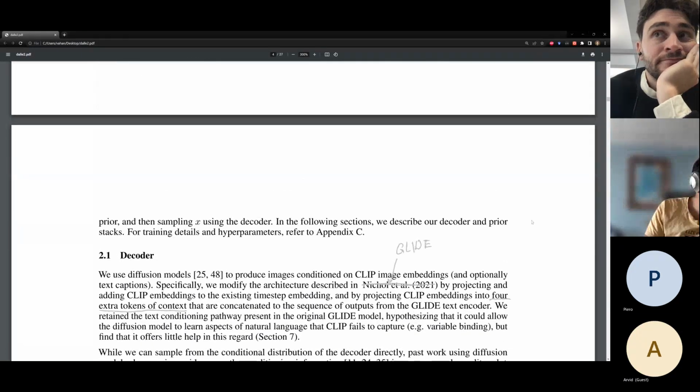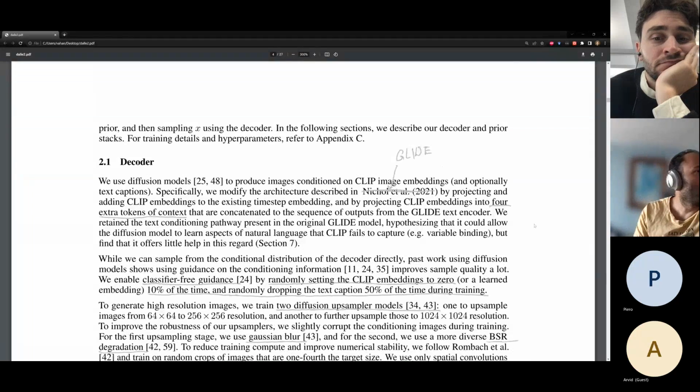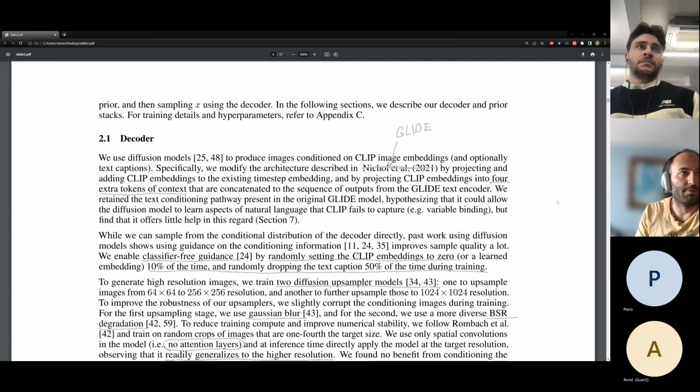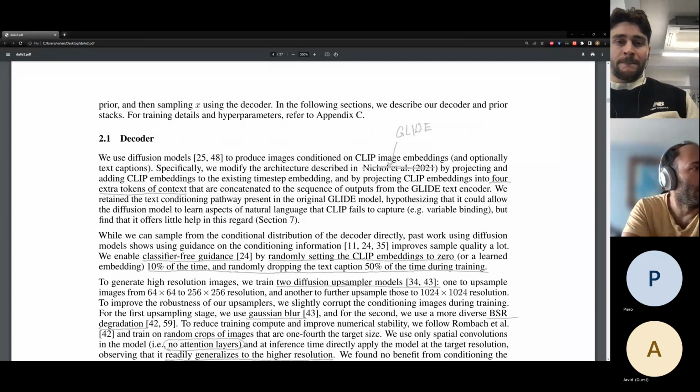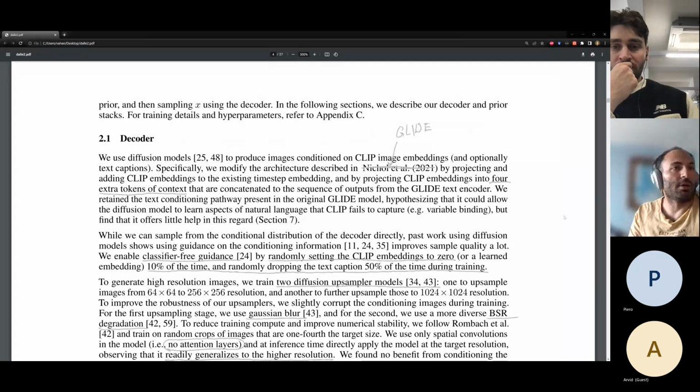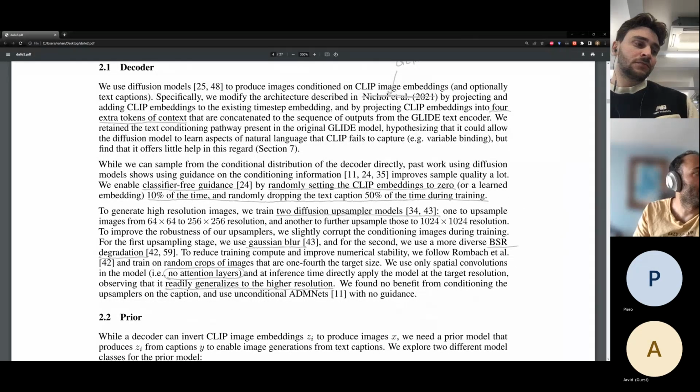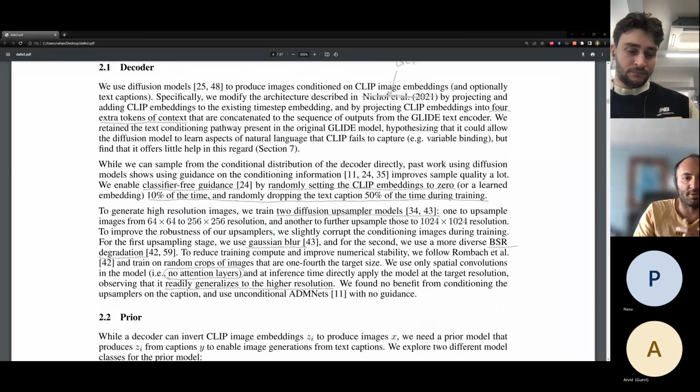Okay, the decoder part. It's mostly based on the decoder described in the GLIDE architecture, the GLIDE model. And the main part is that it's trained in a way that it can be reversed, right? Because there is a special training here so that it can be reversed, but also there is this image super resolution part, which is also quite cool. So they have two image upsampling models, two separate ones. I don't know why they chose these specific upsampling models,